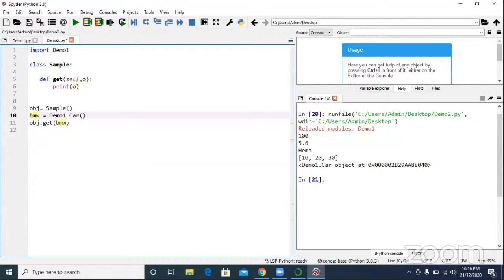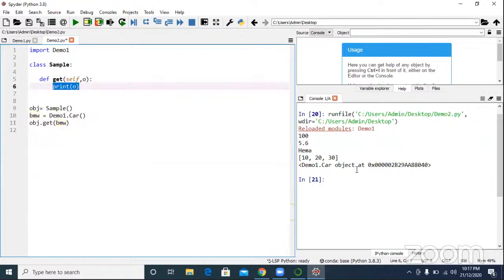Not only integer, you can pass integer, decimal, string, tuple, list, dictionary, and you can also pass a class object as argument. Whenever you pass a class object as argument to a method, that memory reference is there.